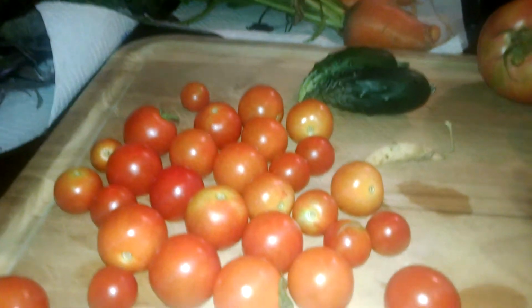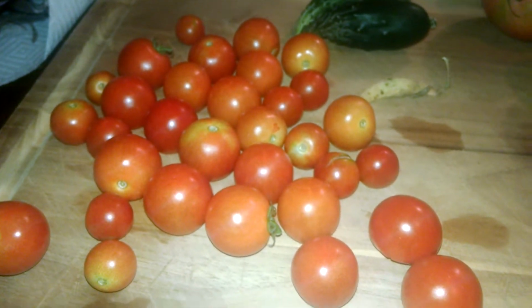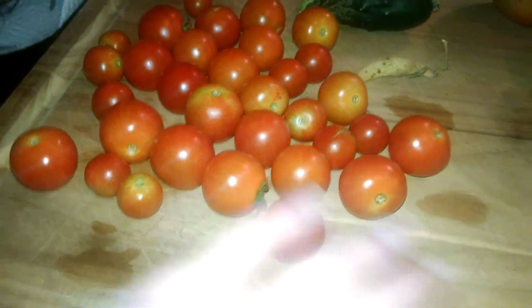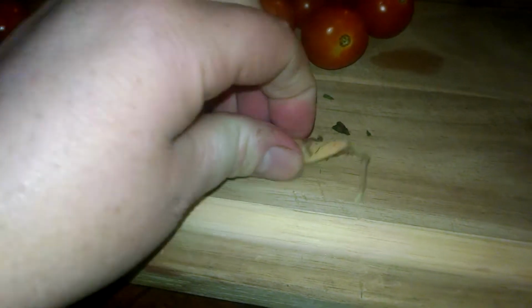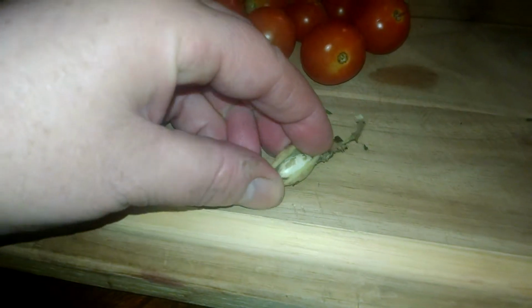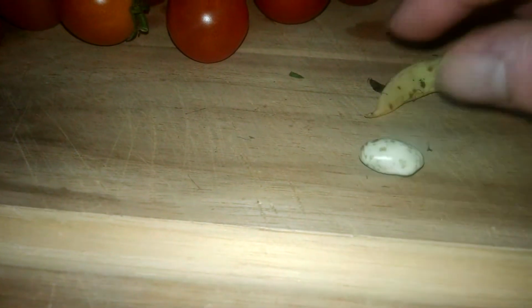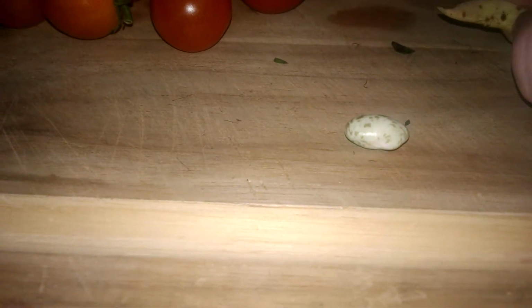Here's my harvest for Friday, July the 10th. Once more, cherry tomatoes. Aren't they beautiful? One little, I believe this is a pinto bean. Let me see if I can open it with one hand. Yeah, I can. Yes, and it is a pinto bean. So I will put that in my colander that I have back here with all of my dried beans and let it dry. And I am going to plant some more pinto beans and black beans because